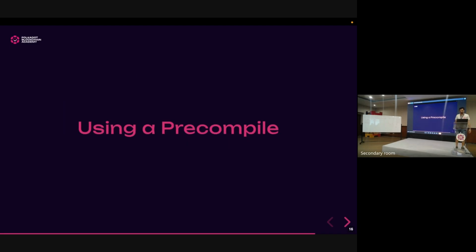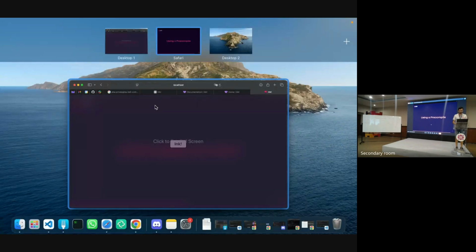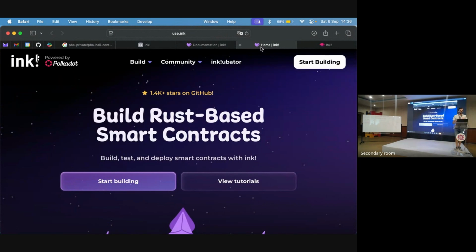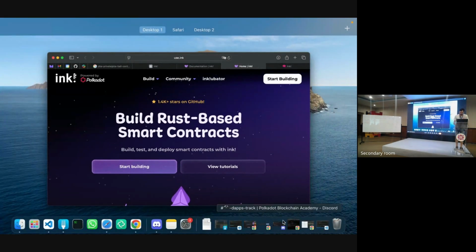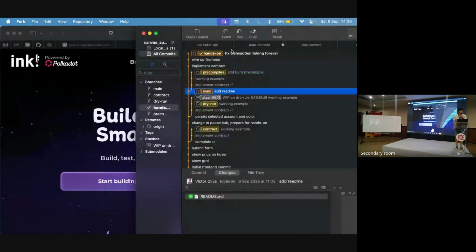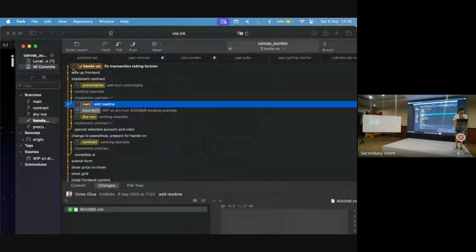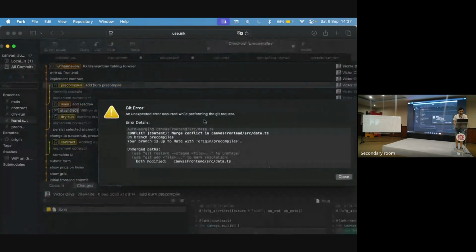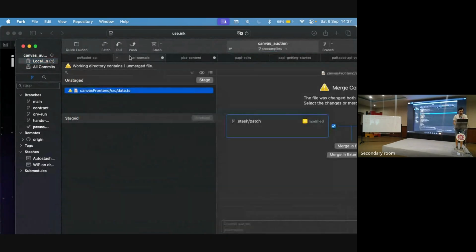So here I had planned a practice of using a precompile. The only thing is that I couldn't manage to get it fully working because it's still a bit green. There's ongoing work that Dan is working on, but we're getting there. But what I can show you is a bit of how it looks. And in this repo that I have shared, I have a branch of precompiles, and I have